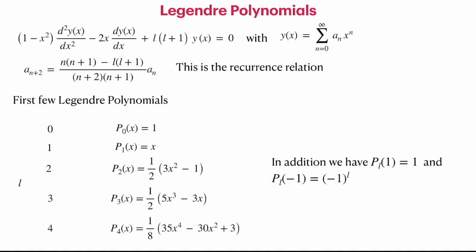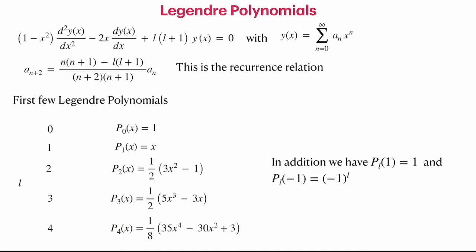That also we can see. But here we have written it continuously, which makes both even and odd terms. For L equal to 3, we have P3, which is half into (5x cubed minus 3x). For L equal to 4, P4 is 1 by 8 (35x to the power 4 minus 30x squared plus 3). Of course, these can be obtained from the recurrence relation or simply by going to a mathematical tool such as Mathematica, Maple or MATLAB. You can immediately obtain this function.